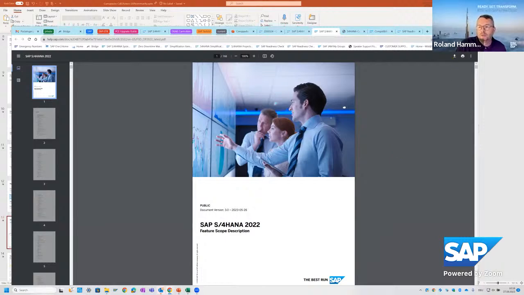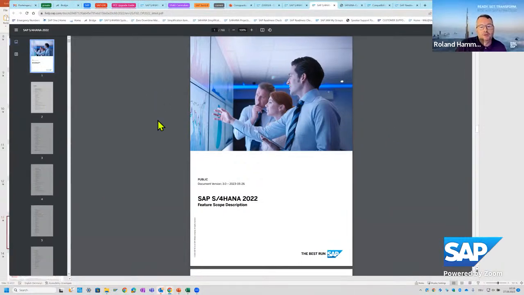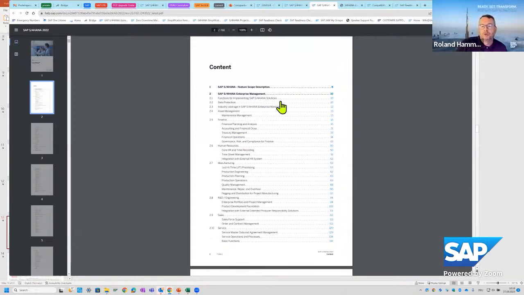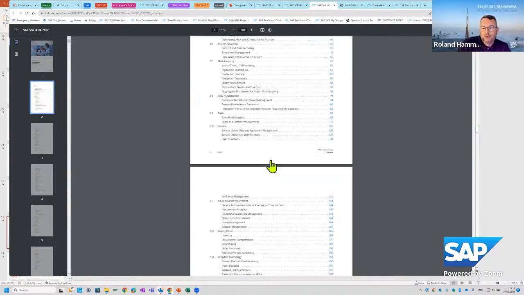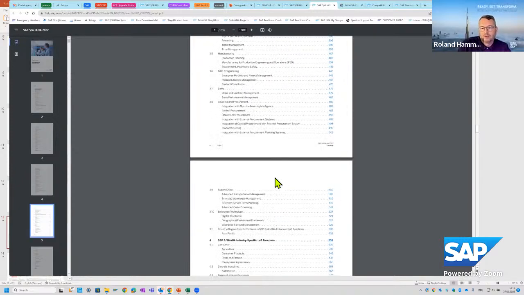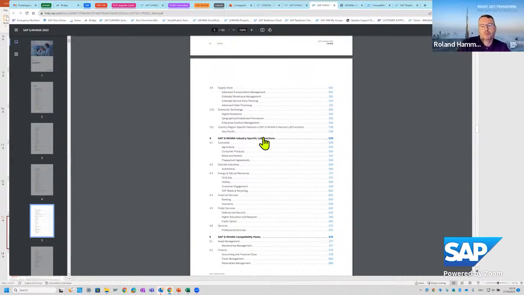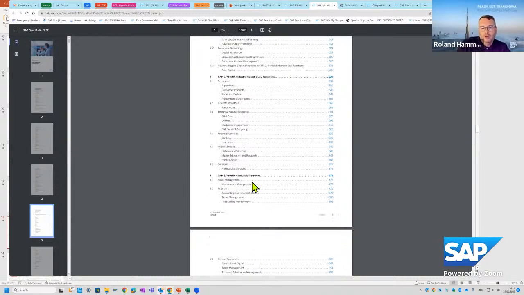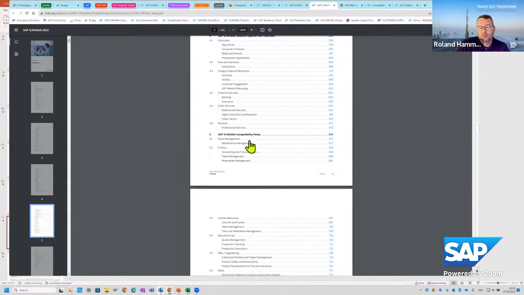It's a PDF, and in this document you can see the features which you receive with the standard S/4HANA Enterprise Management license, followed by the feature descriptions of those features you receive when you purchase enhanced LOB functions, and then followed by the industry-specific LOB functions. At the end of the document, you see a detailed description of those features which are contained in the so-called S/4HANA compatibility packs. As you can see, they are also ordered by the different functions and applications of S/4HANA,